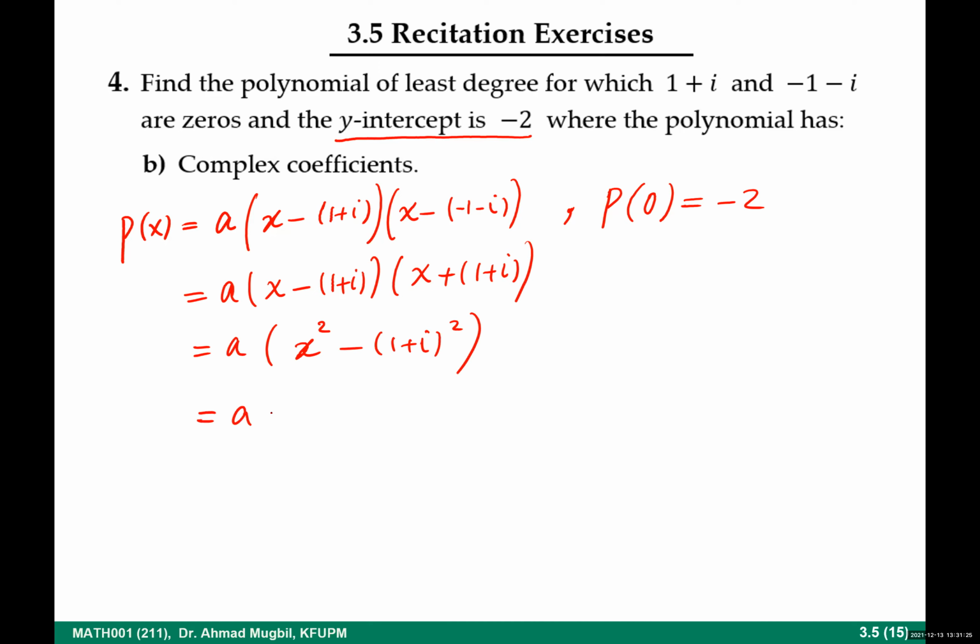This is A times x squared minus, what is this? 1 plus 2i plus i squared. i squared is minus 1. This is A times x squared minus 2i. Right? Now use the condition that P at 0